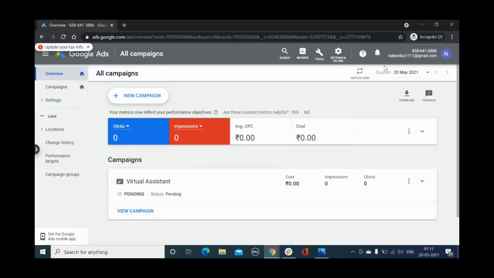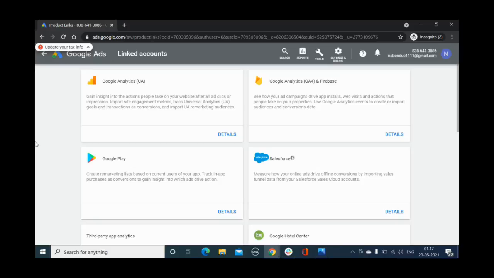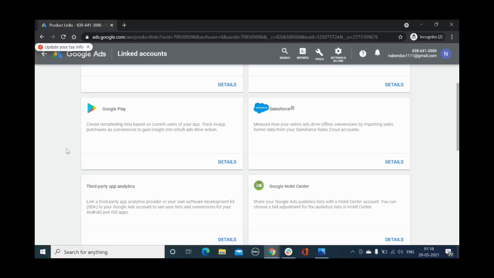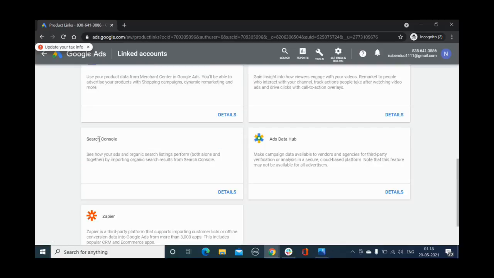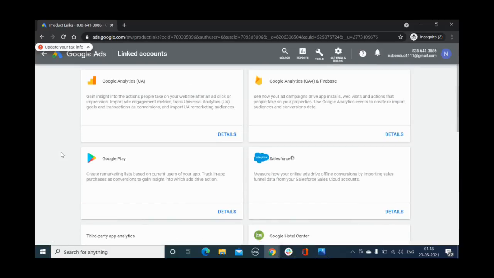Now you have to set up the account. So to set up the account, the first step is go to account and go to linked accounts. When you go to linked accounts, you can link your other Google assets with your Google Ads account. So you can add Google Analytics, you can add Google Play Store, etc. You can add your YouTube account, and you can also add your Search Console account. So normally Google Ads account, Google Analytics, and Google Search Console are the 3 accounts that are connected or linked generally, but someone who has a YouTube account or YouTube page can also link the YouTube account.